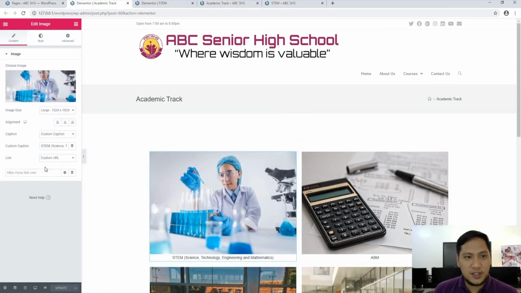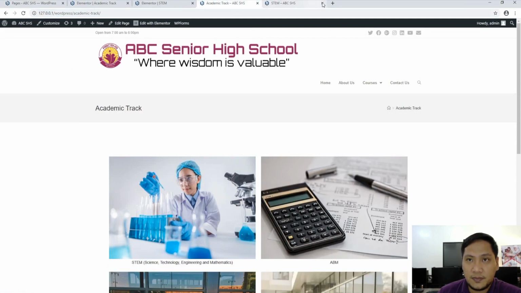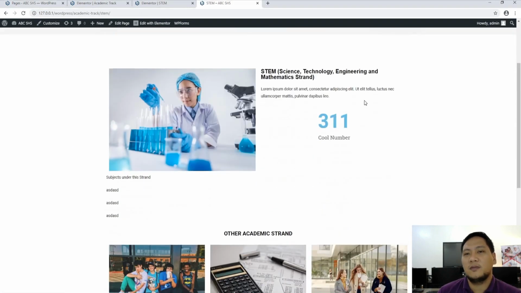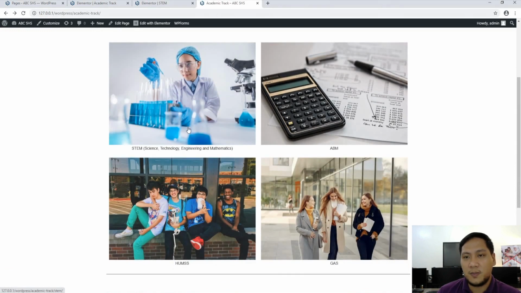Click this page, go to your link, paste here the link of our STEM page, then update. Let's try if it takes effect. So, there. Directly. When you click that page, let's go back. When you click that page,